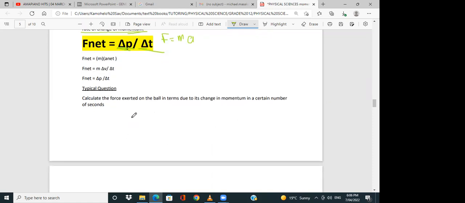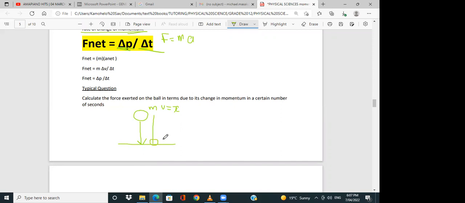Let's say a ball of mass m is moving at velocity x downwards towards the ground, and during its motion, before it bounces back up, it is in contact with the ground